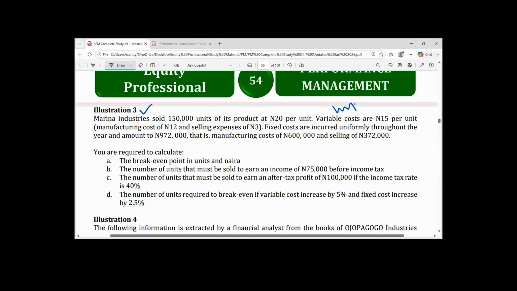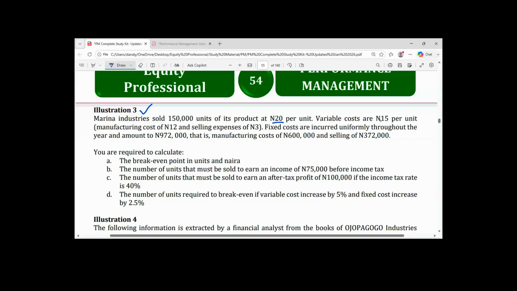Marina Industry sold 150,000 units of its product at 20 naira per unit. Variable costs are 15 naira per unit: manufacturing cost of 12 naira and selling expenses of 3 naira. Fixed costs are incurred uniformly throughout the year and amount to